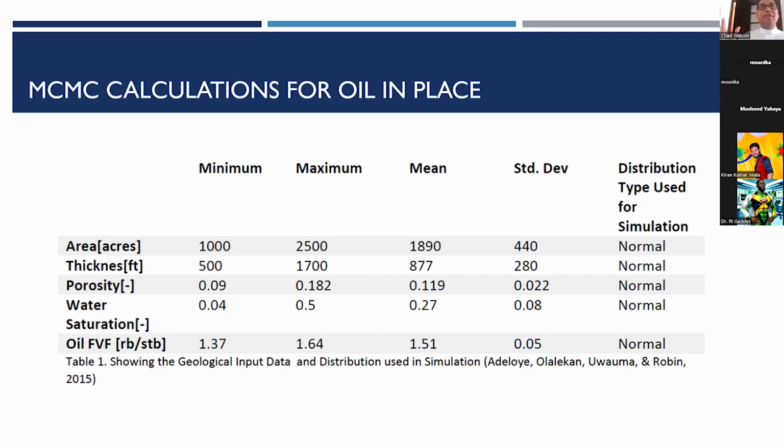So let's see if I can put this into easier terms. I know my area. It has a curve, and this curve is following a normal, and the mean is around 1890, and your standard deviation is around 440, sorry. So you know for a fact that most of your area, around 70-something percent, will be within one standard deviation of the mean, which is the 1890. So one standard deviation on the right side, don't ask me to calculate math, you can all compute that. So 450 plus your 1890, you know that's around 70%.